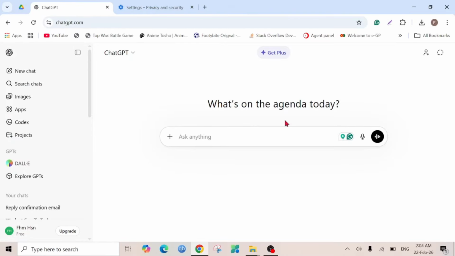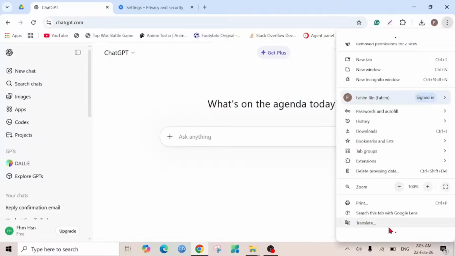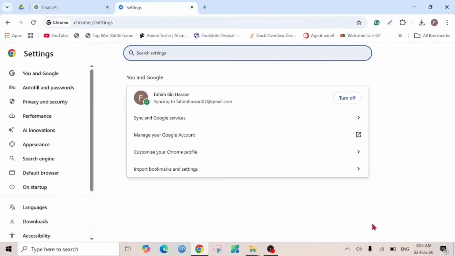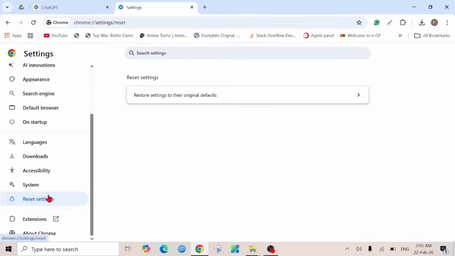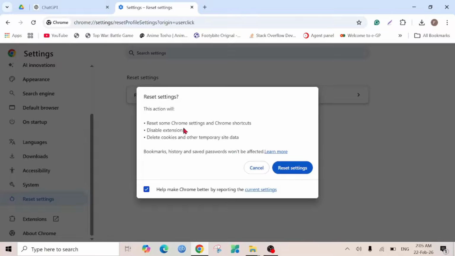If this is not helping you, you can try another solution. Select the three dots here again and go to settings. And here on the left side, scroll all the way down and select reset settings, and select restore settings to their original defaults. After clicking that, it will show this reset settings window. What this will do is reset everything to the default, like when we downloaded Chrome previously. It will make those settings brand new, and see if ChatGPT is working